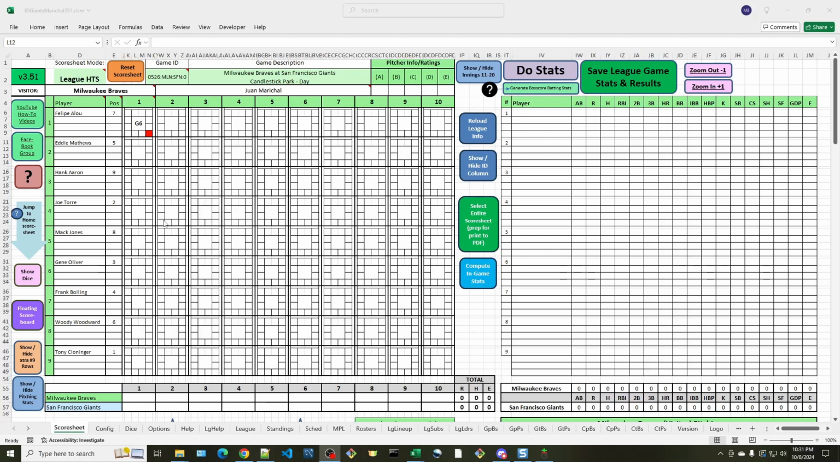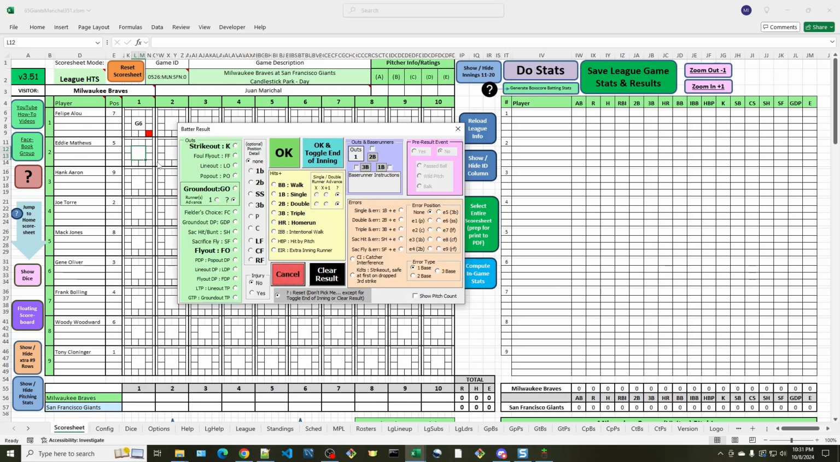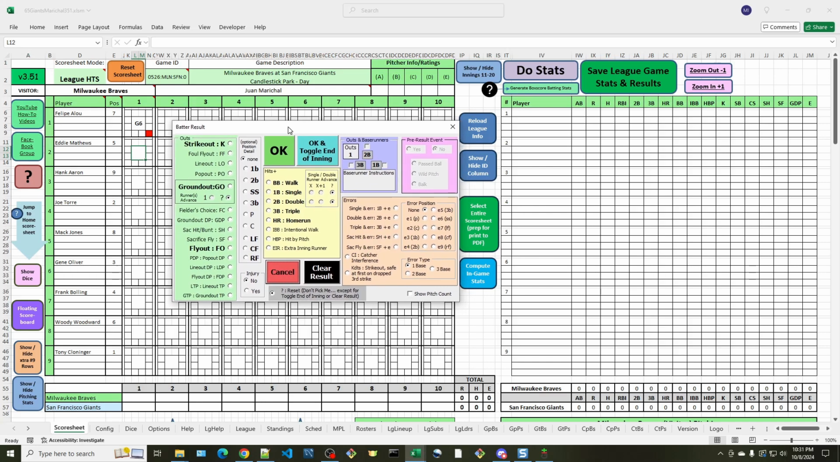Okay, so I just started this game between the Milwaukee Braves and the San Francisco Giants. In the top of the first, there's one out, nobody on, and Eddie Matthews is up. And let's say here's the batter result window, and we're going to say he's going to walk. But before he walks, I want to show this section over here is the pass ball, wild pitch, balk